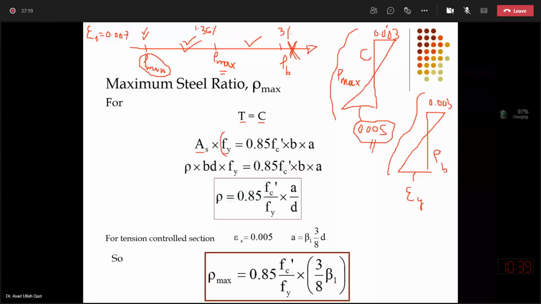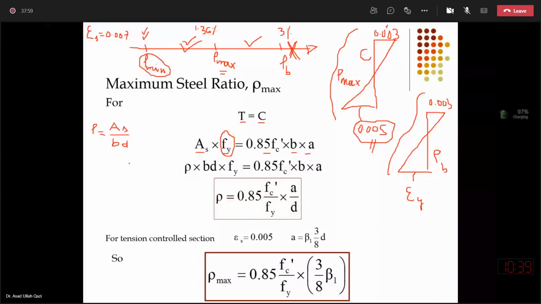Then, Whitney's uniform stress block depth theory, multiplying the uniform stress with the cross section on which it is present, A into b, I can get the components of T equal to C. Then I will replace area of steel with rho, because we know that area of steel over effective area in flexural members, this ratio is the reinforcement ratio, As over bd. So I replaced As with rho bd,